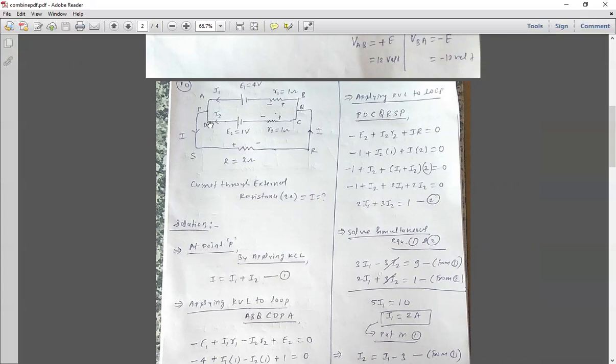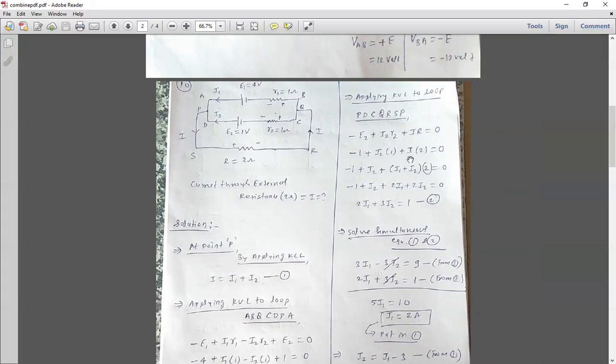So P to D you have nothing. D to C, cell and resistance. As you are moving from D to C, positive to negative, hence minus E2. Here minus to plus, hence plus. What is the current on this part? I2, and resistance is R2, so plus I2 R2. C to Q nothing. Q to R nothing. R to S, negative to positive. What is the current in this branch? I. So voltage will be I times R, but you are moving from negative to positive, hence it will come as plus I R equal to 0. Put the values of each cell, E2, R2 and capital R. External resistance is 2 ohm.